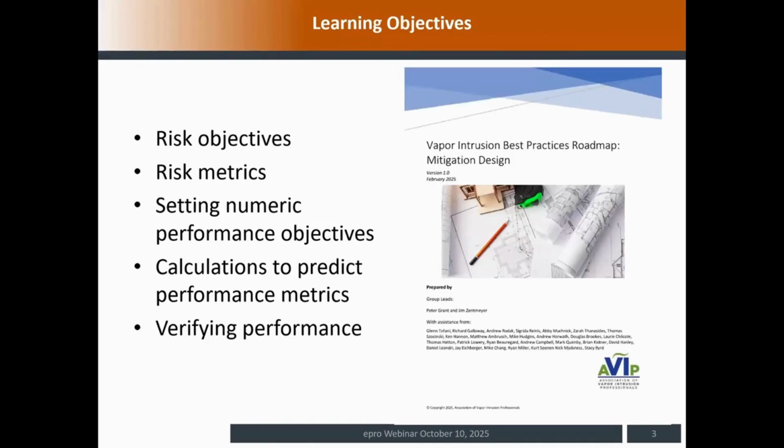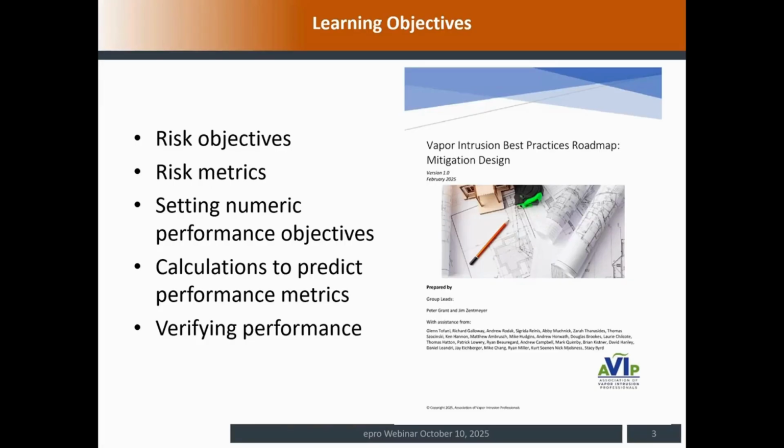All right, so we'll talk a little bit about risk objectives, define those, risk metrics, and then setting the numeric performance objectives, introduce you very quickly to the calculations, not going through them in too much detail, and then also touch on performance verification. And here on this slide, you can see the cover for this best practices